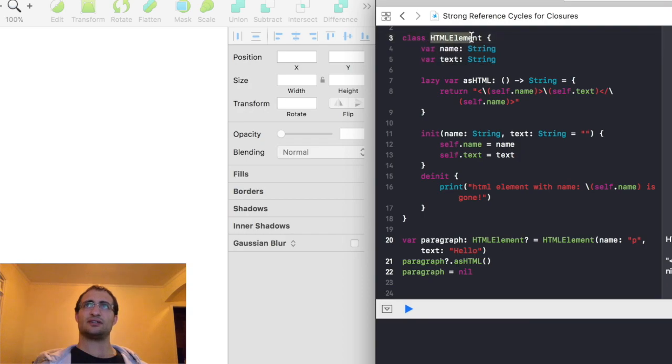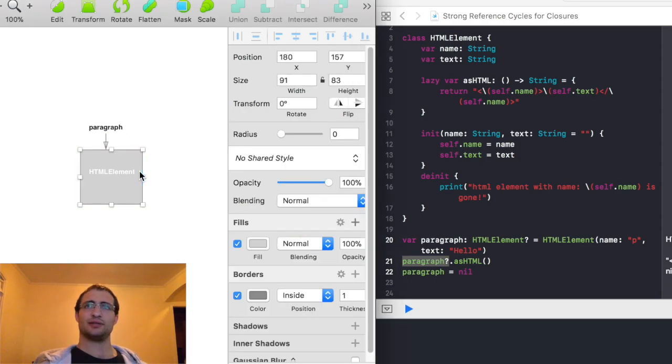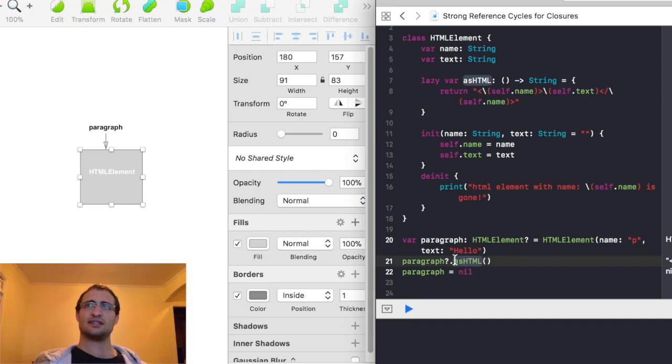An instance of HTML element is created and assigned to paragraph. So now we get to line 21, checks if there is a value stored at the paragraph, and there is the HTML element instance. So then asHTML is attempted to be called, and because it has a lazy here,